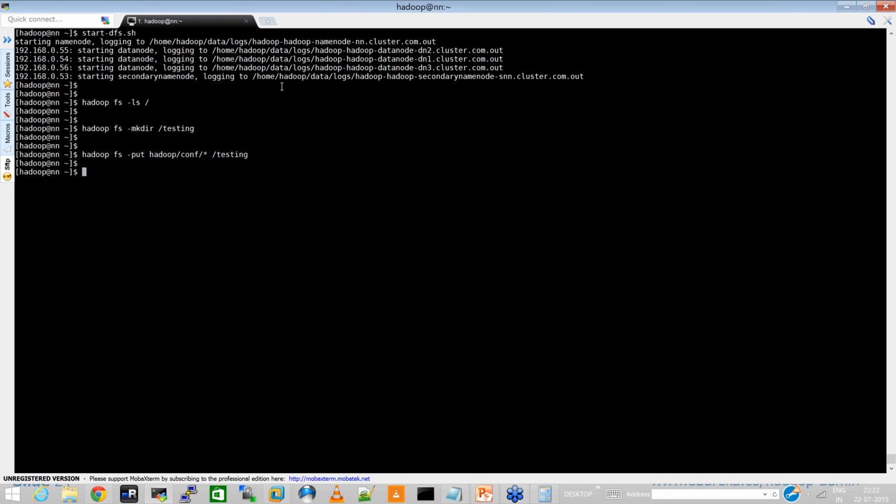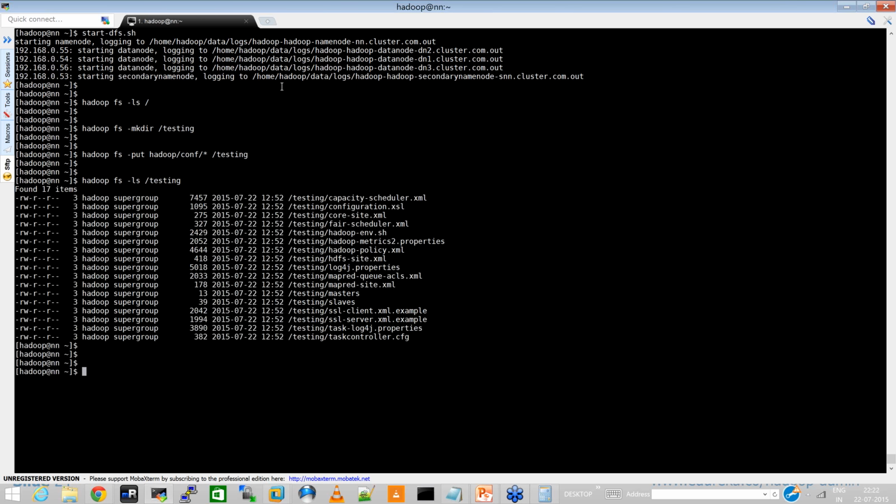So I put some configuration files inside this testing directory. As you can see, some data now is lying inside the Hadoop distributed file system. So what I want to do now, you can certainly take the backup, you can run all those queries, but just to save some time and to move to the next level,